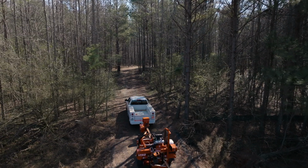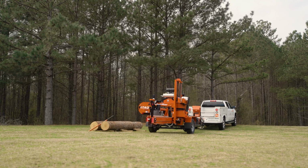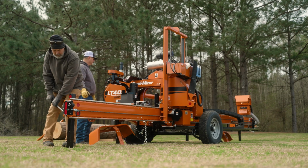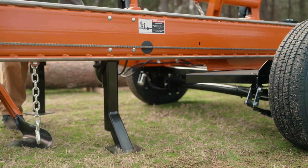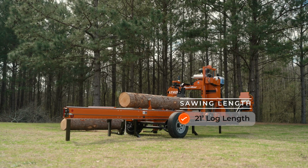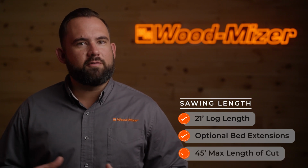The LT40 wide hydraulic is completely portable and ready for road travel, with a standard single-axle trailer and electric brakes. 6 adjustable outriggers allow for quick setup and simple leveling of the bed to prepare for sawing. Saw logs up to 21 feet in length with the included sawmill bed. To saw longer lengths, 6 feet, 12 feet, or 24 feet bed extensions can be added with a 45 feet